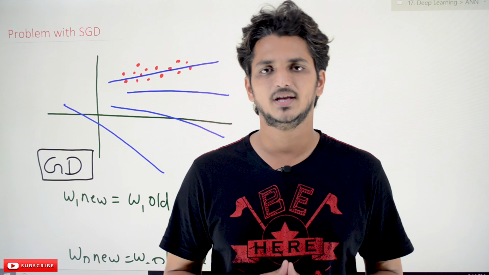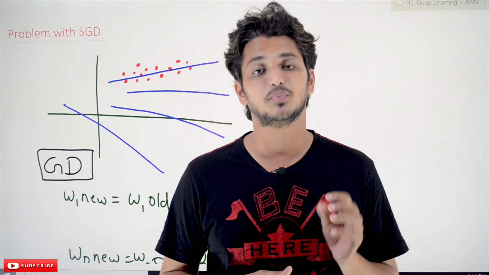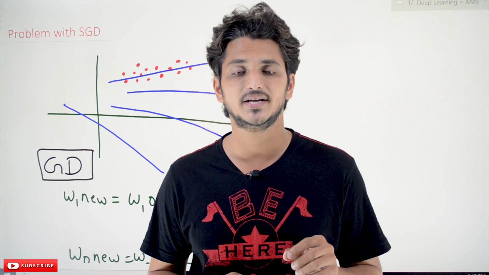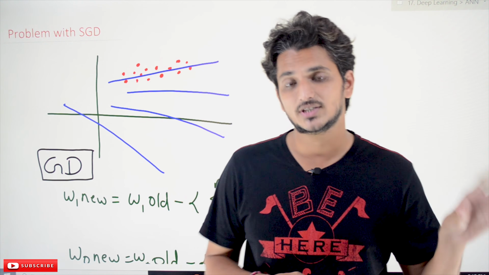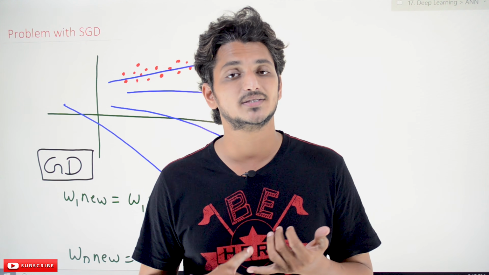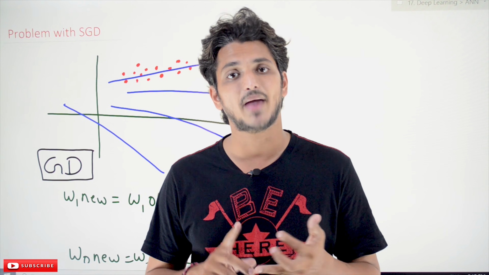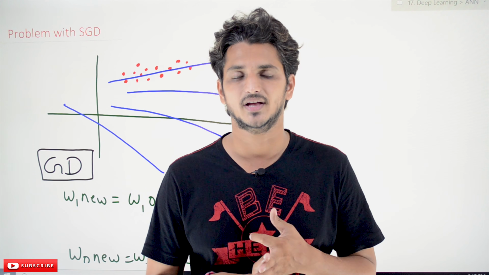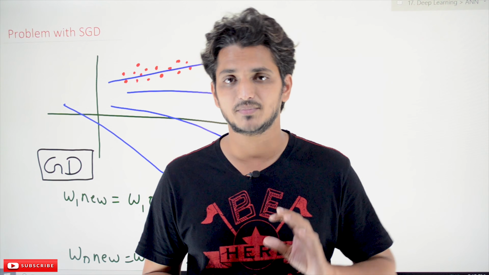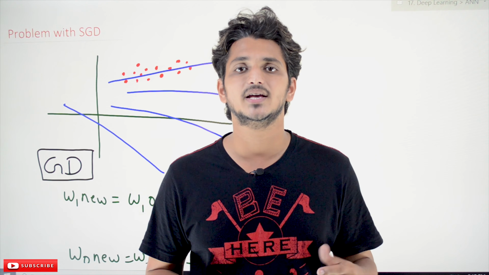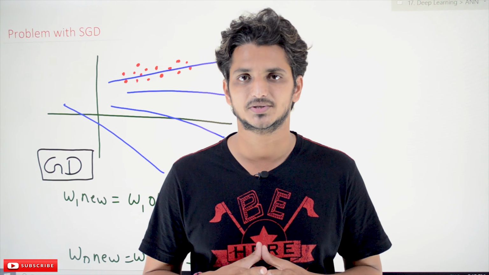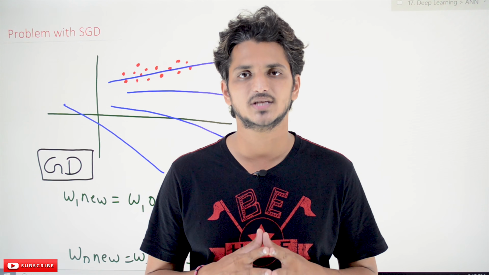I am Raghuveer. In this class, we will discuss the problem with stochastic gradient descent in neural networks. In our first classes of machine learning, we clearly discussed stochastic gradient descent, batch gradient descent, and gradient descent. So please follow our playlist from the beginning so that you will have a better understanding of the complete deep learning concepts. The link for the playlist is provided in the description below.